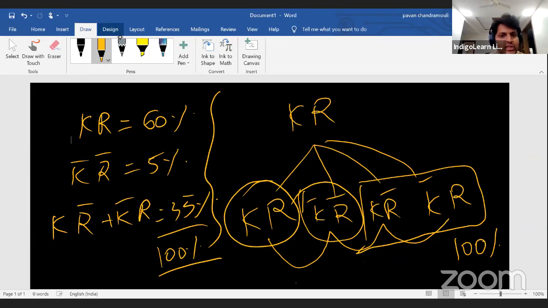So mutually exclusive means one event happening, the other event does not happen. Collectively exhaustive means all possible events are covered, and when you add their probabilities, you will get 100%. So P of H plus P of T, head plus tail, is equal to 1, which is 100%. They are collectively exhaustive. P of H happens, P of T does not happen. P of T happens, P of H does not happen. They are mutually exclusive. So there is nothing called mutually exhaustive. Maybe when you combine both, we may use a shortcut saying that they are mutually exhaustive, but otherwise in probability, we don't have something called mutually exhaustive.